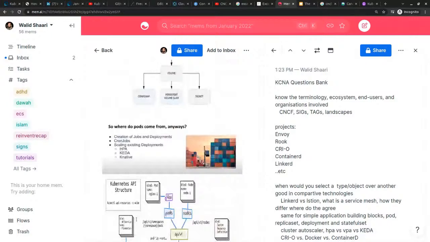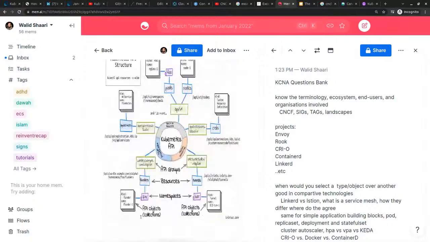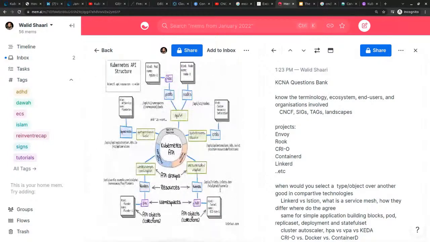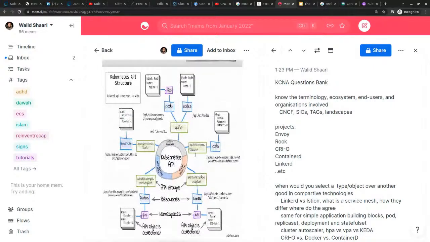There's this gentleman, Ivan. This is his site, iximuz.com, and he produced several blogs and several diagrams that are very informative. I can learn from a visual diagram more than I can learn from a blog. And here he's talking about the Kubernetes API, and you can see there are built-in resources, which are part of the upstream Kubernetes release. And there are the custom resources, which is how you extend the APIs.